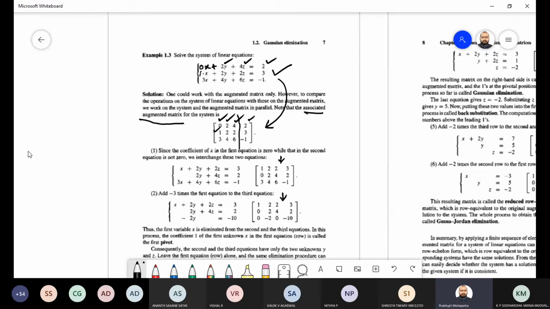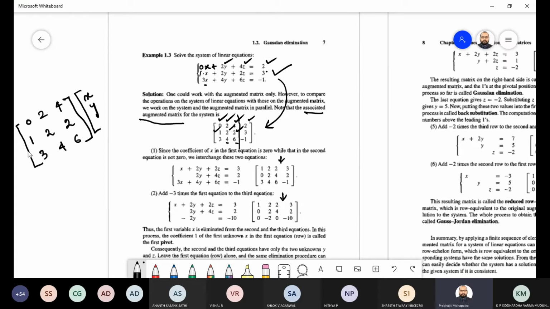Coefficient is 1, 1 is there. Then here coefficient is 2, 2 is there. Then here 2 is there. Then here 3 is there. Or here 3 is there, 3. This is 4, this is 6. Actually it is written like this. Let me write 0, 2, 4, 1, 2, 2, 3, 4, 6. So this is your left hand side coefficient matrix.